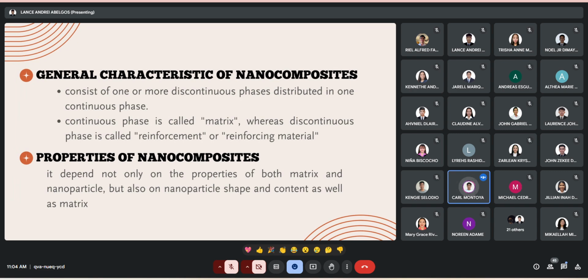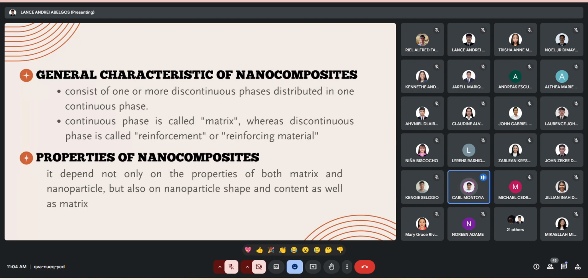corrosion po and wear. While si reinforcing material naman po are usually stronger and stiffer than the matrix. It provides po the composite with enhanced mechanical properties such as higher strength, stiffness, and sometimes improved thermal resistance. Si reinforcements po or reinforcing material natin come in various forms like fibers. Ano po ba yung mga fibers na yan? Like glass, carbon, or aramid fibers, particles, and flake. And they carry most of the load when the composite material is under stress po and help prevent the matrix